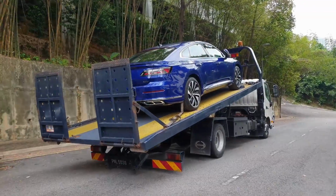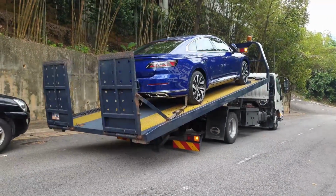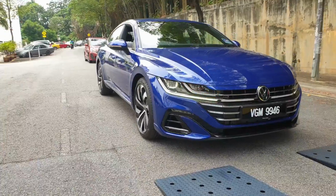Hi guys. So it's been a while since we had a test car to review, because of the ongoing lockdown. But Volkswagen has taken the initiative to send a test car in our direction. And besides being the first brand to offer us a car during this lockdown MCO period by coming up with